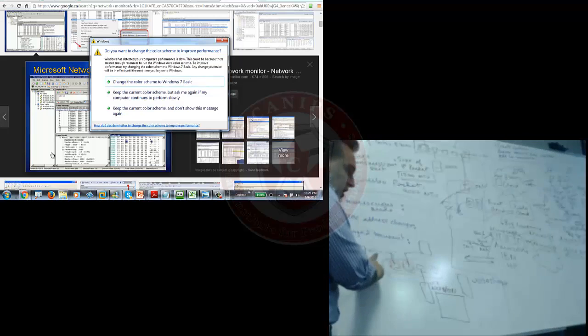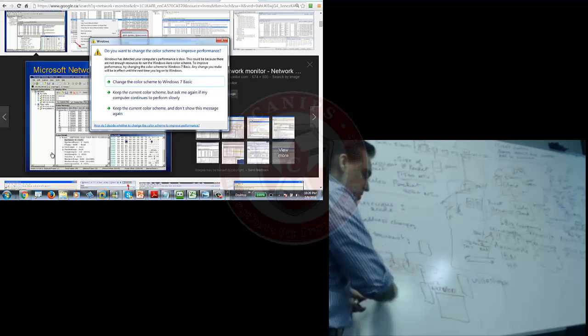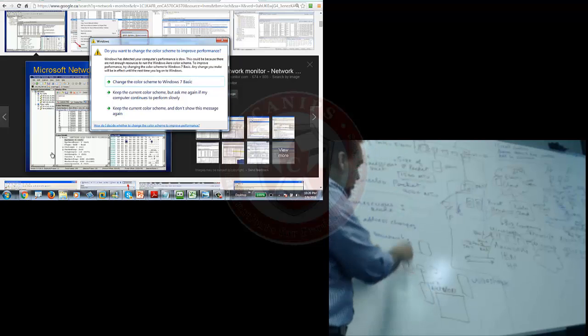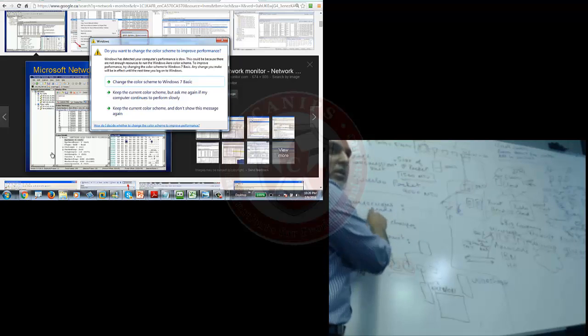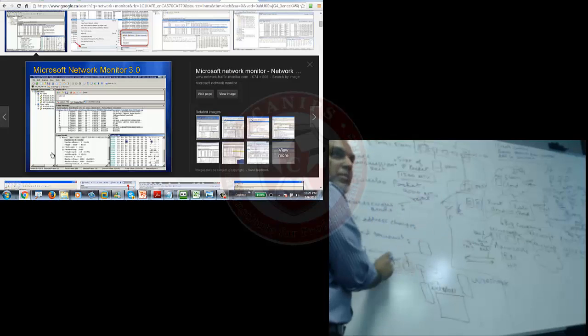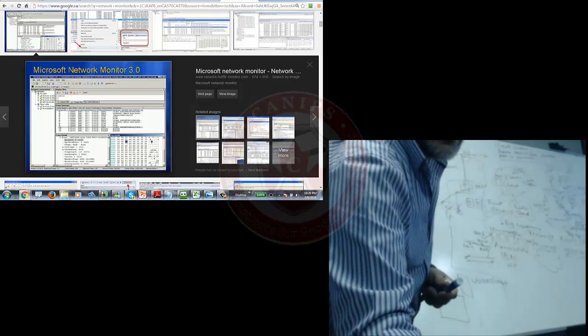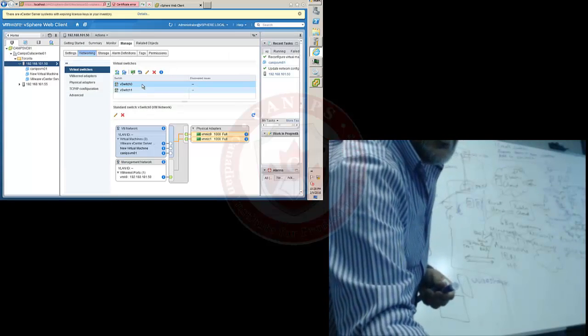So here, guys, do we understand network monitor? Network monitor is that it can see all the traffic. How to block it? All you need to do is keep it rejected. As long as this is rejected, nobody can see what's happening on other ports. But as soon as you change it to accept, which is right in this case, right here,